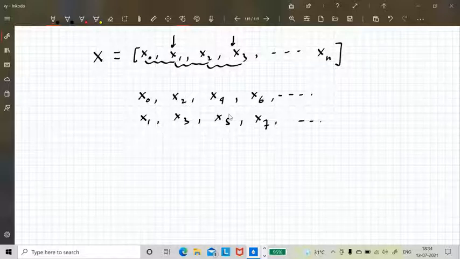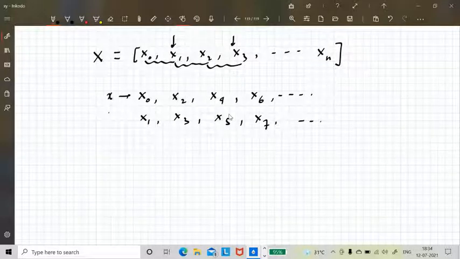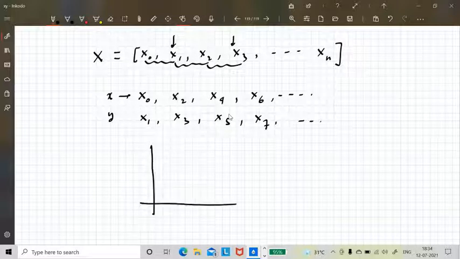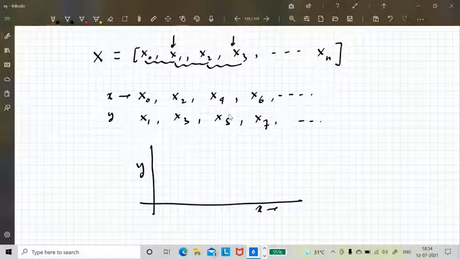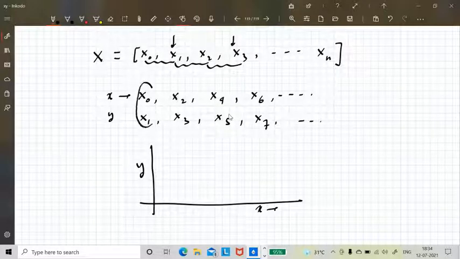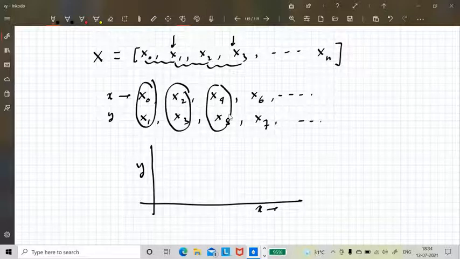You think that this is your x and this is your y, and then you simply do an x-y scatter plot and see whether there is any pattern among them. That means you plot x0 versus x1, x2 versus x3, x4 versus x5, and so on.